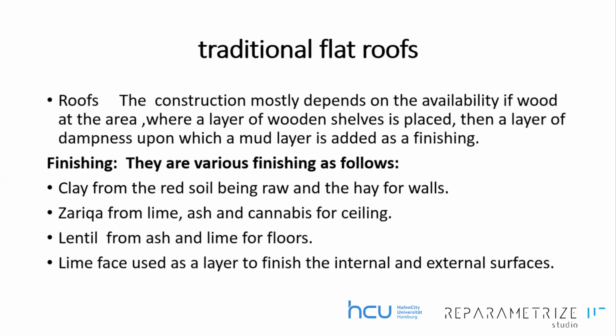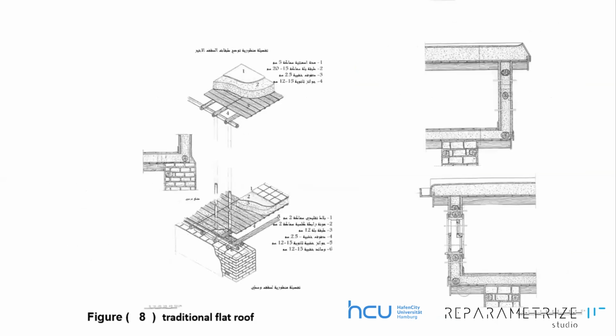Now we are talking about the construction elements of the traditional building. One of the first things we can talk about is the flat roof. Here you can see the construction mostly depended on the availability of wood in the area, where a layer of wooden shelves is placed, then a layer of dumpings upon which a mud layer is added as finishing. So maybe we can finish with clay or with lime to protect